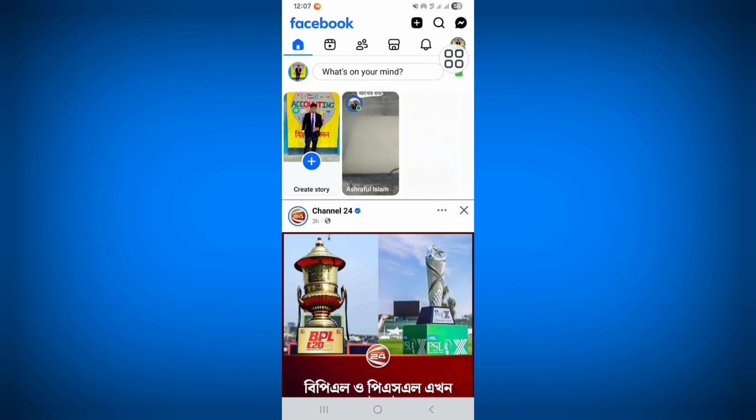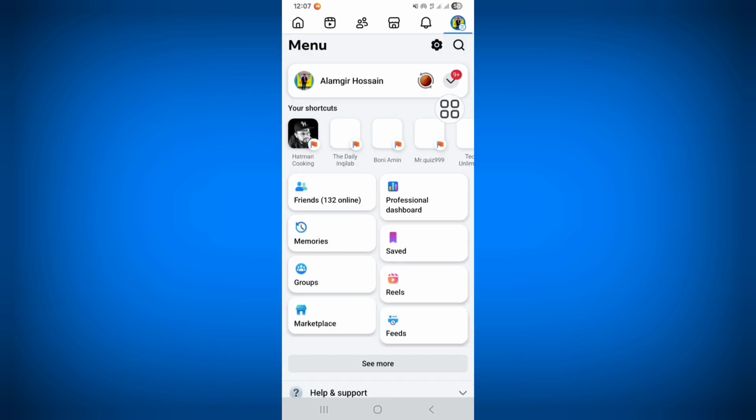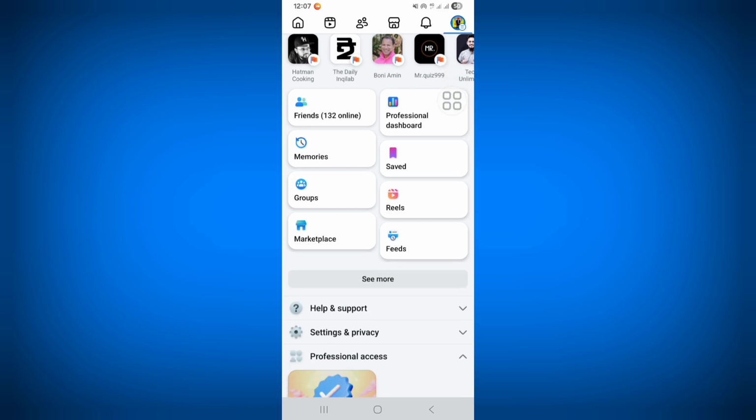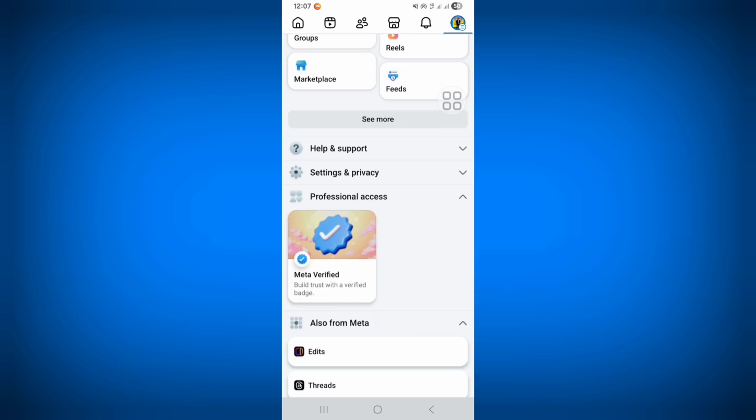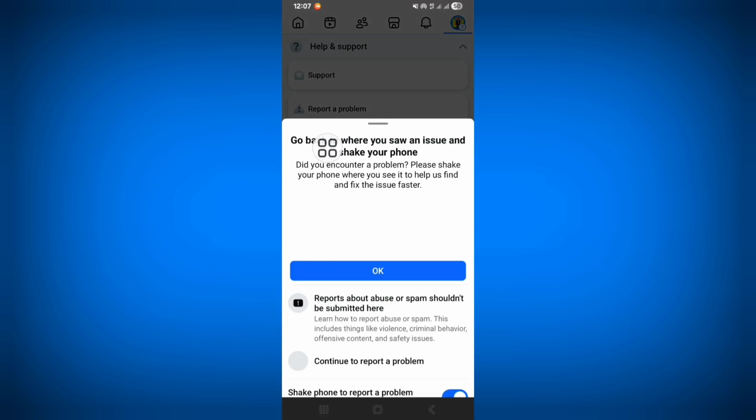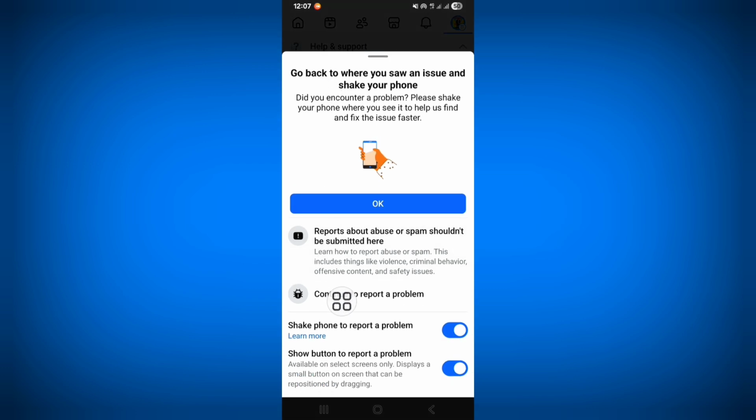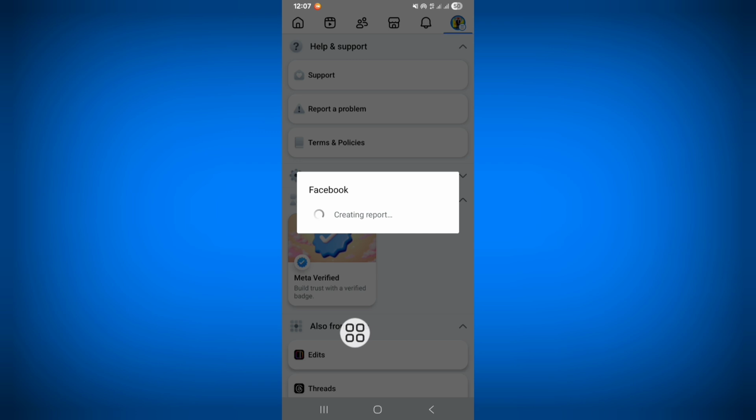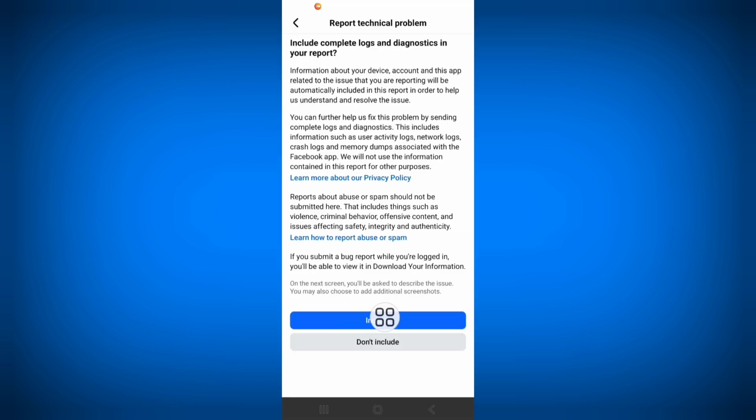click on profile icon, scroll down, click on help and support option, click on report a problem, click on continue to report a problem. Now click on include,